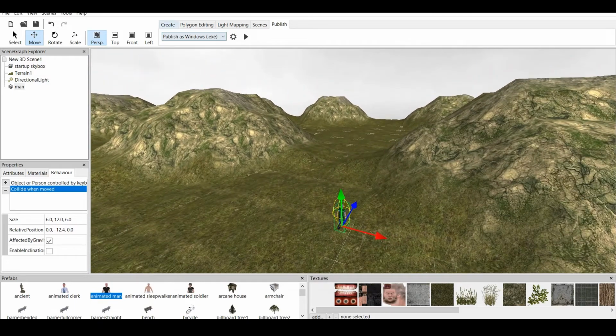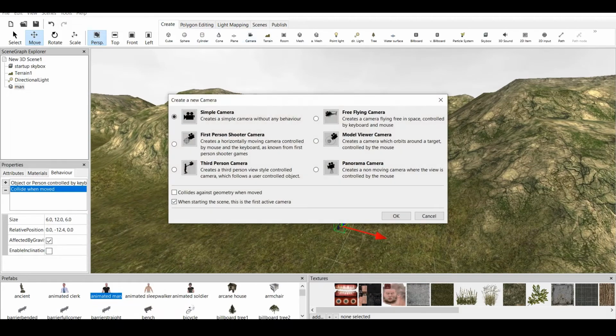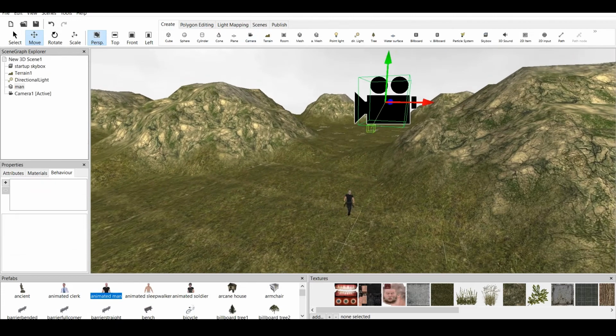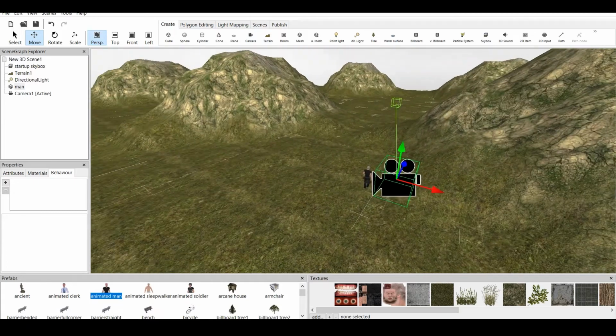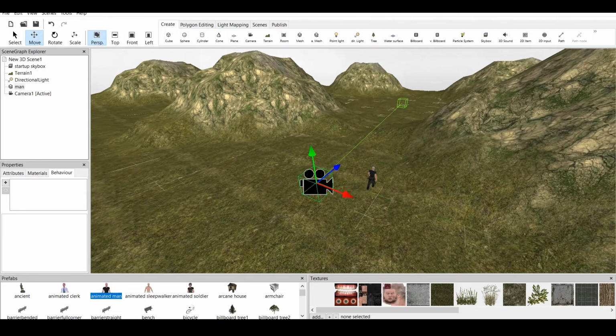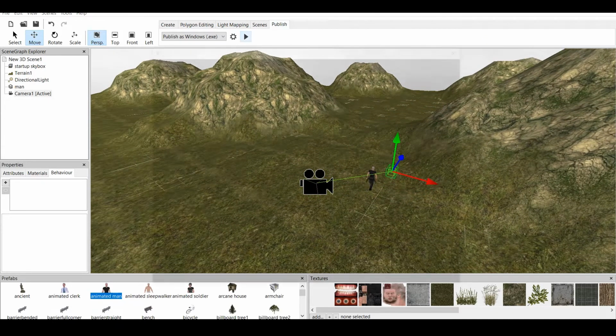What we should do is go create camera, a simple camera, not first person, shooter, or third person, and click OK. And now this creates a camera which is a fixed camera. Now what does that mean? If we click on publish,